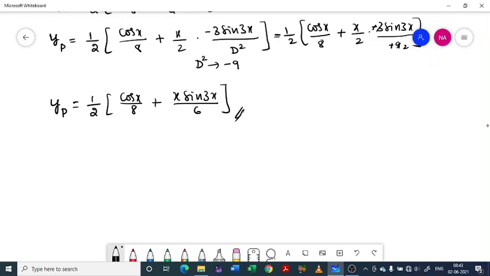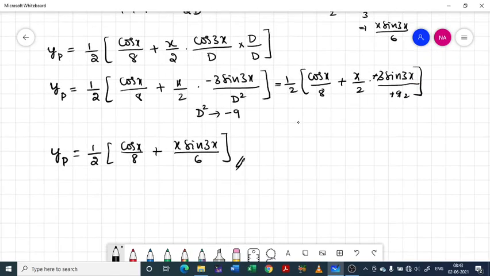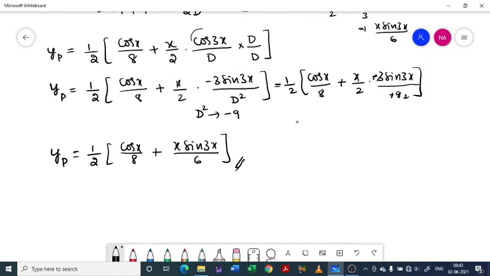Okay, one more point I think some of you might have observed. While differentiating, we will consider only this cos 3x, whatever the term that comes from phi of x. We don't take this x. X is not actually a variable. It is a variable, but it is used to denote the repetition of the root. So you should not use this x for this differentiation purpose. You should keep x away.